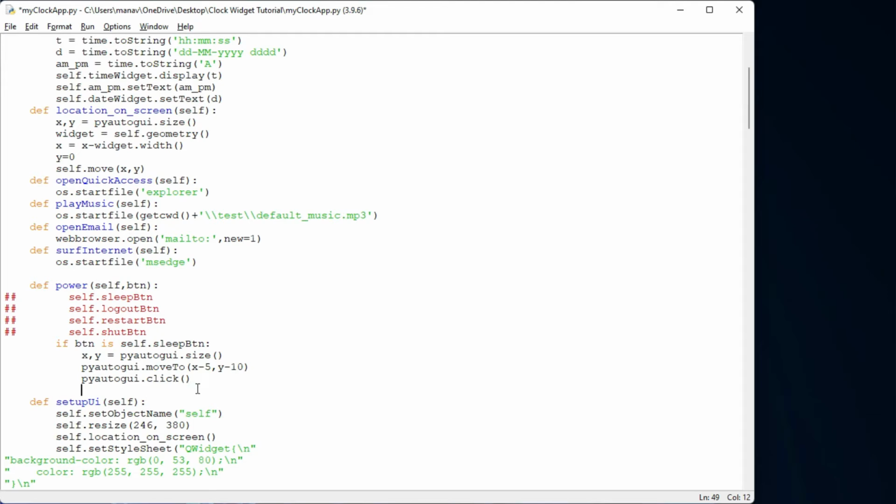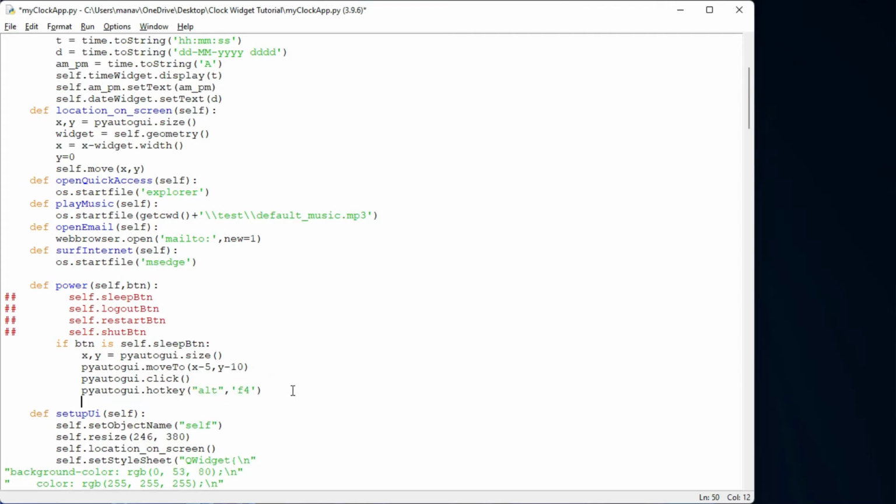Then I will press Alt plus F4, and for that I'll use PyAutoGUI dot hotkey. Under this hotkey I'll pass first of all Alt, and then I'll pass F4. So these buttons will be pressed here, and then I'll press the left button, that means the left arrow.